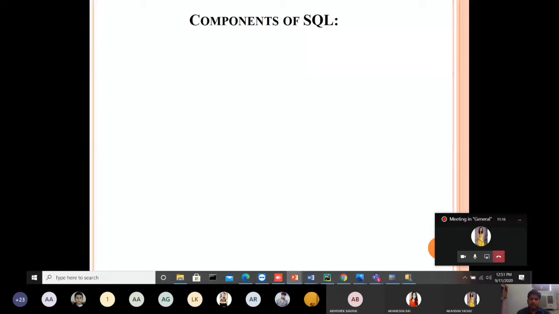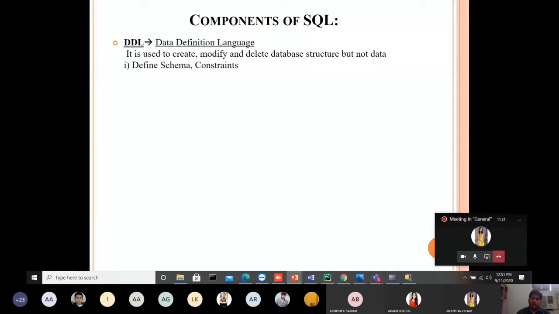So first of the statement that will be, we call it data definition language. It is used to create or modify or delete the database structure, right? So whenever we are creating a schema of any table or a schema of structure, right, we have to define what kind of type value that particular table will contain and what is the type of that data and what kind of constraint we can apply.